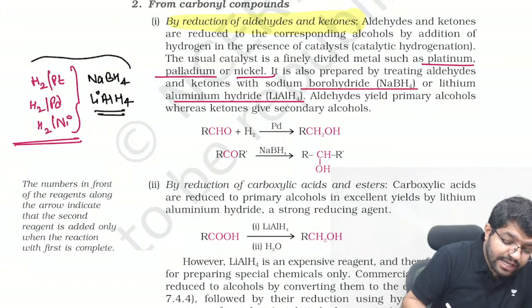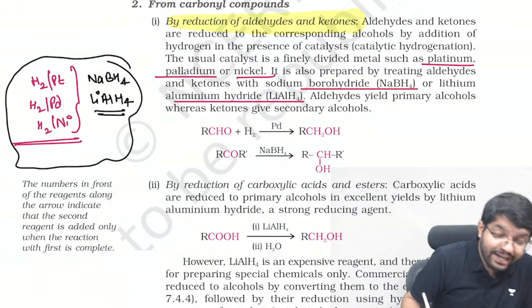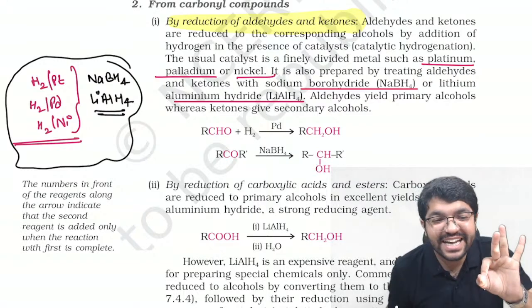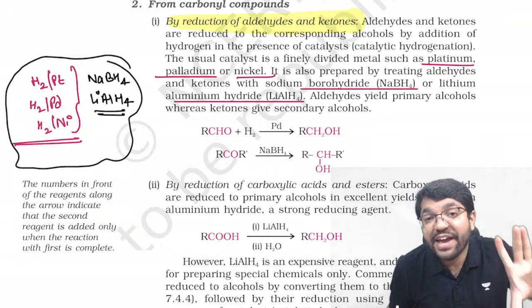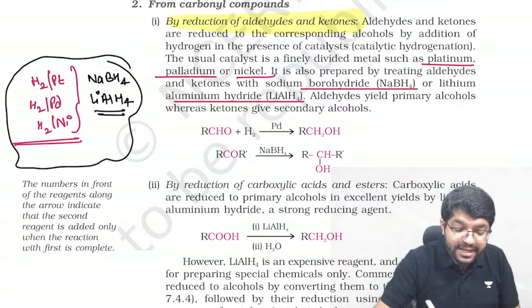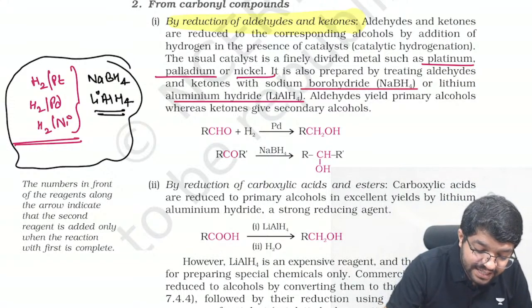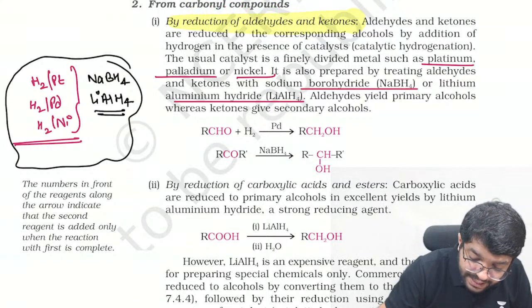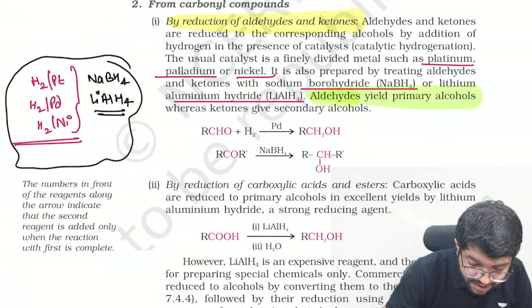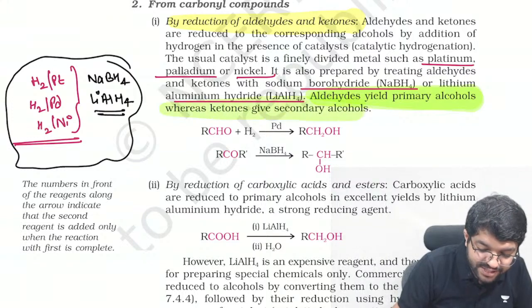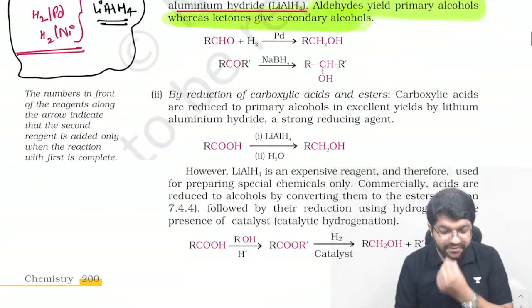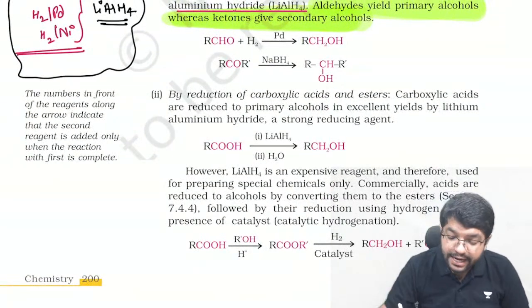So these reagents will give me the required result. And very simple, only one statement the NCERT writes, which all of you know very well: aldehydes yield primary alcohols, whereas ketones give you secondary. We know this, right? And then we say carboxylic acids are reduced by